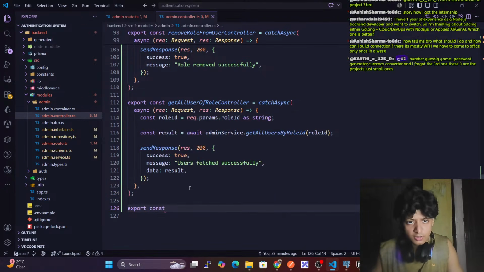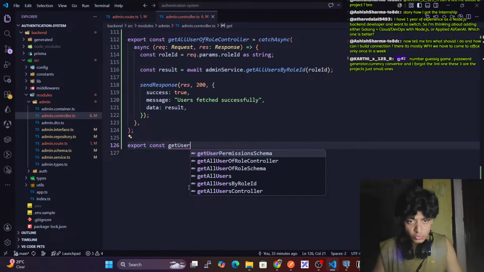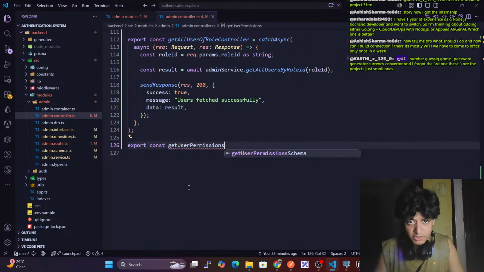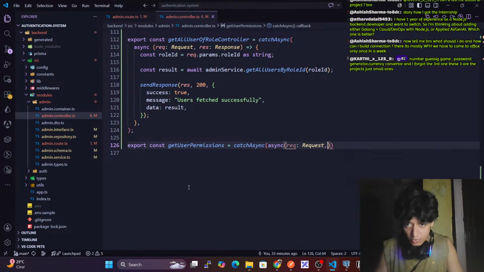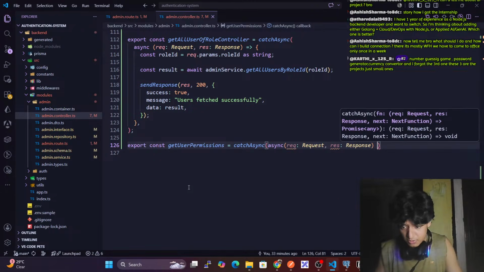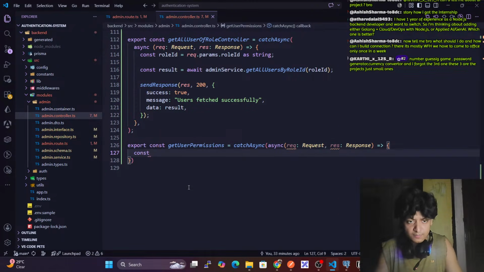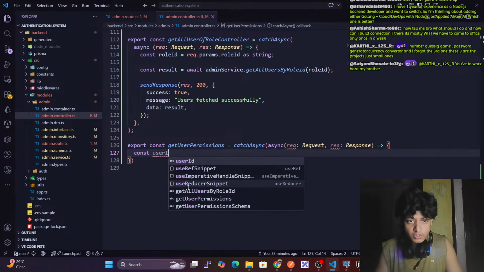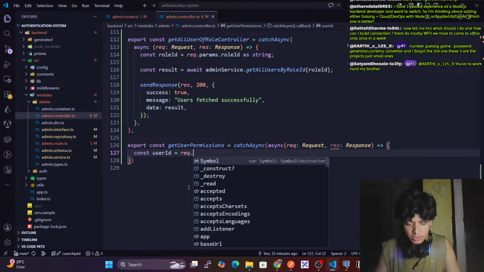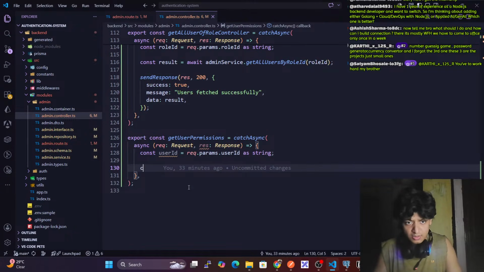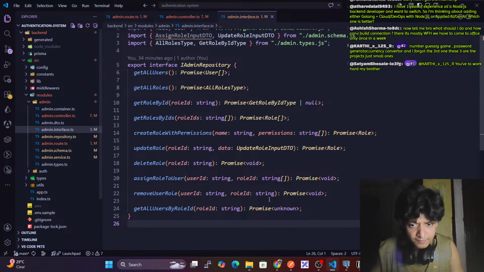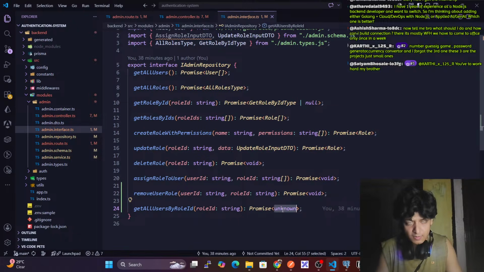Export const getUserPermissions, catchAsync, request of type Request, response of type Response. const userId equals request dot params dot userId as string. const result equals. Now we have to build the interface layer. So here we have, hold on,